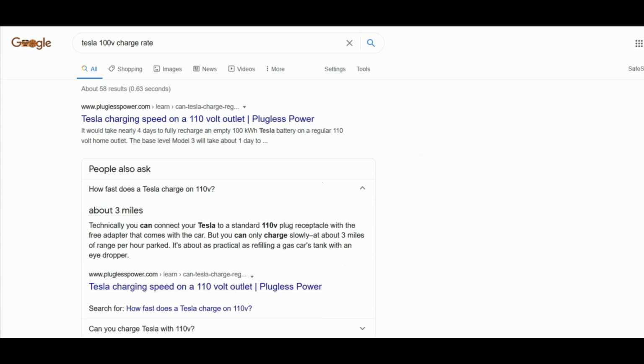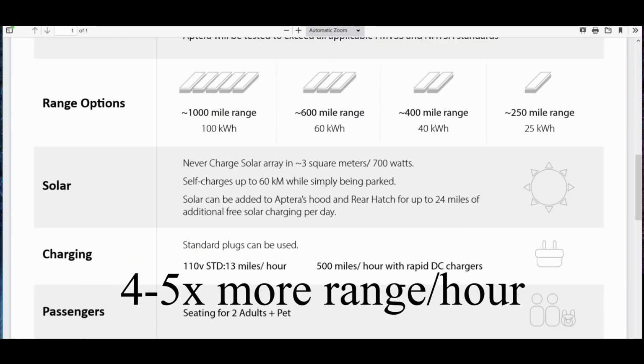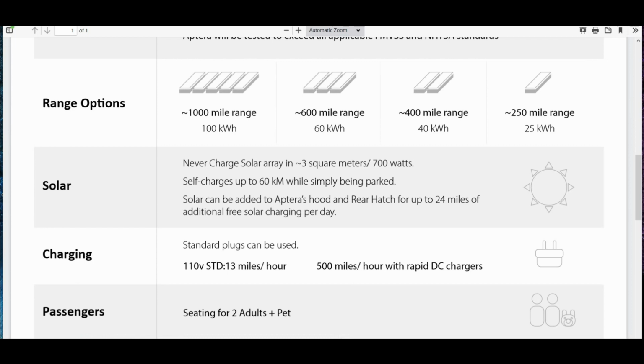Yeah, you get about 3 miles per hour on the Tesla. So these guys can get you about 4 to 5 times more energy per hour from a 110 outlet. Just in case you don't know, a 110 outlet is basically what comes out of your wall, your standard plug for everyday devices,